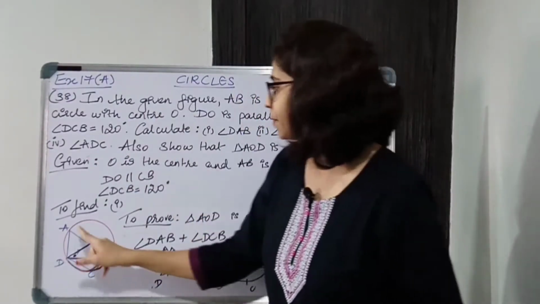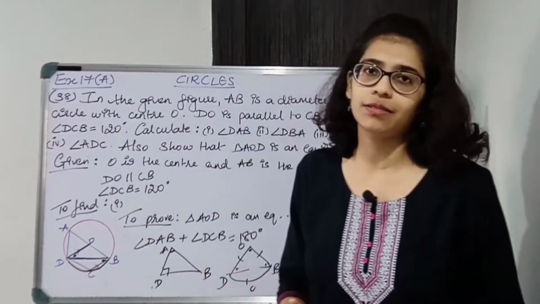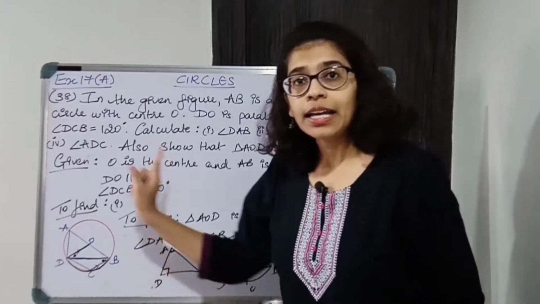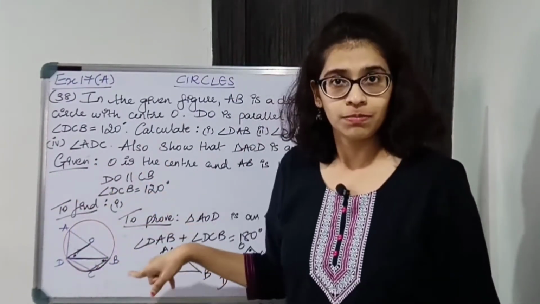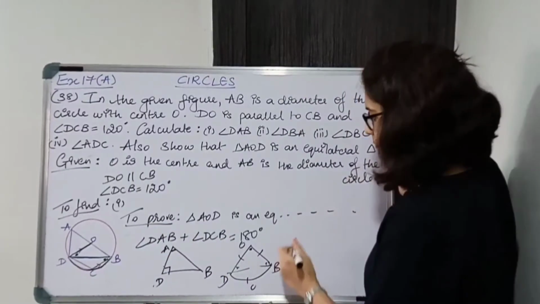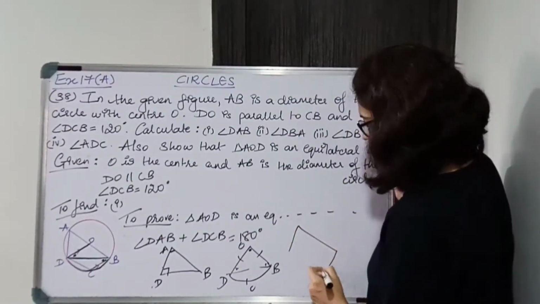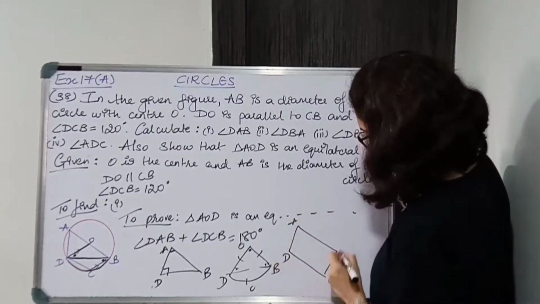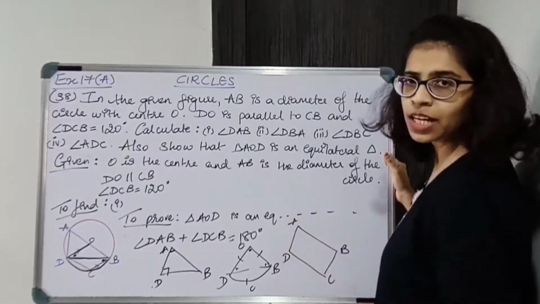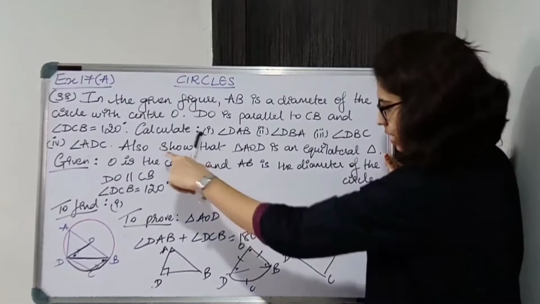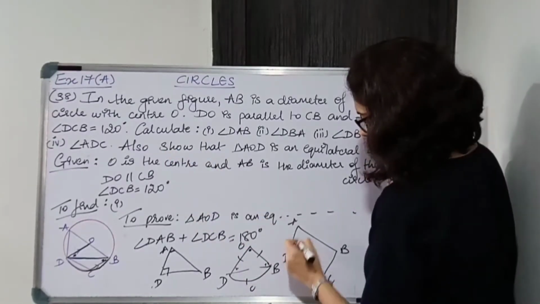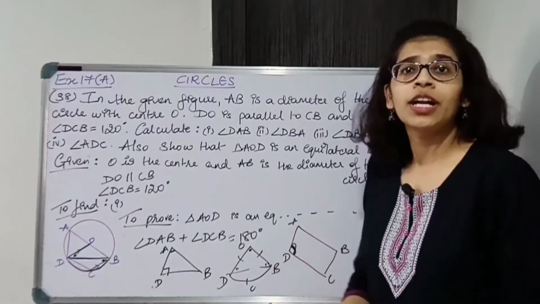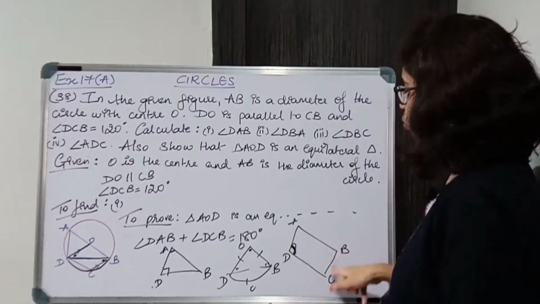ADC, we have to find ADC. Notice, this is an angle of this quadrilateral. Okay, we will consider the quadrilateral. I'm not drawing it properly, so I'm drawing a rough diagram. ABCD quadrilateral. I need to find ADC. This is the angle to find. Now for this I need to know the opposite angle. If I want to use the property of the quadrilateral, I need to know angle ABC.